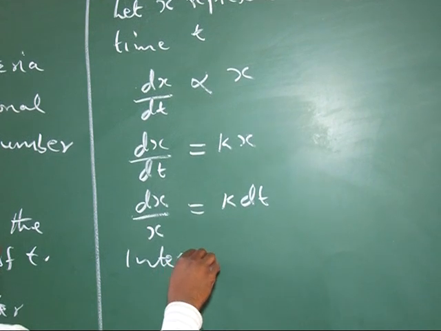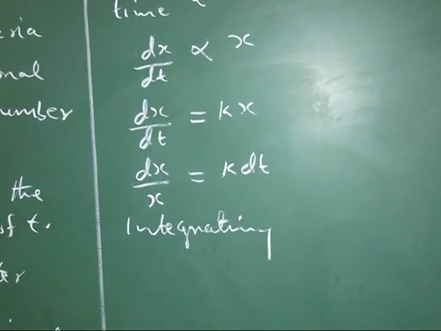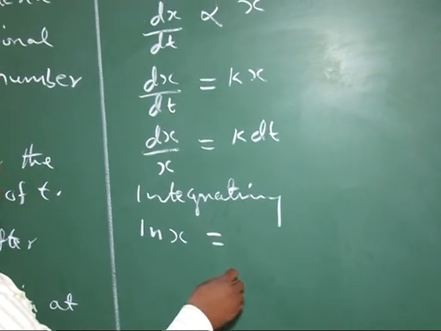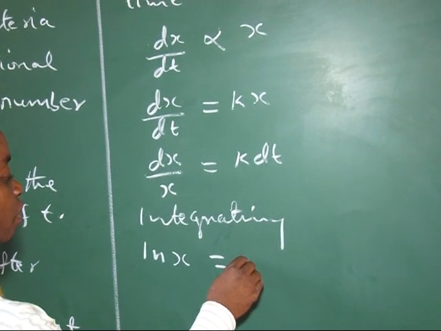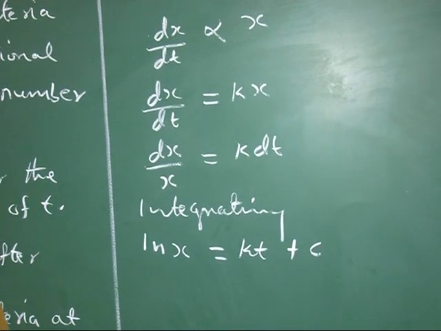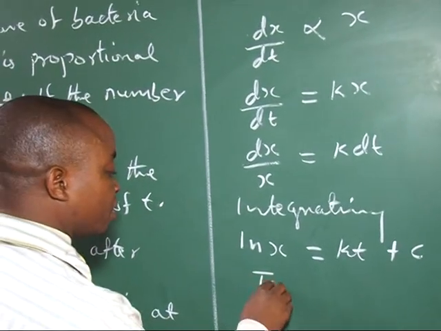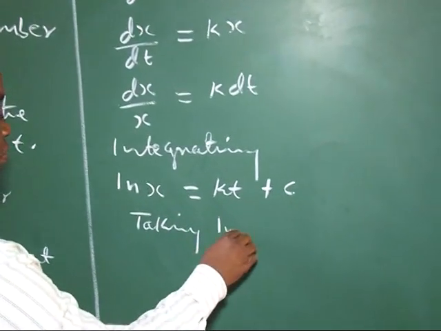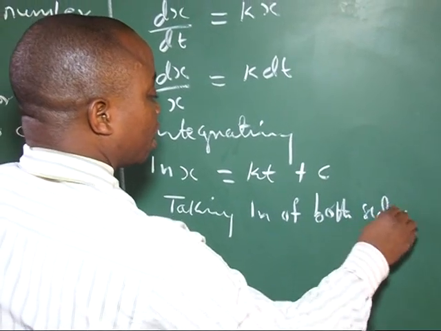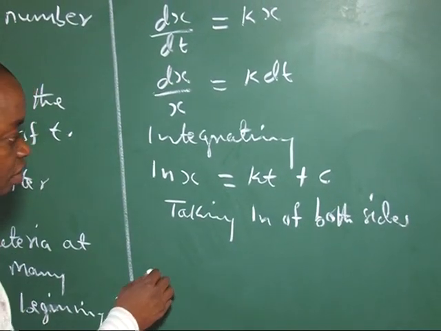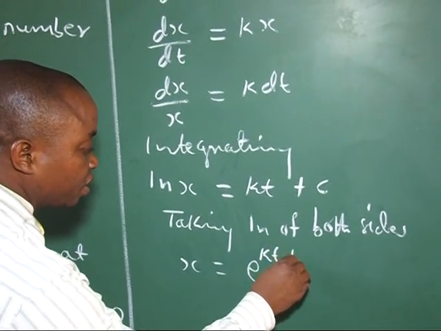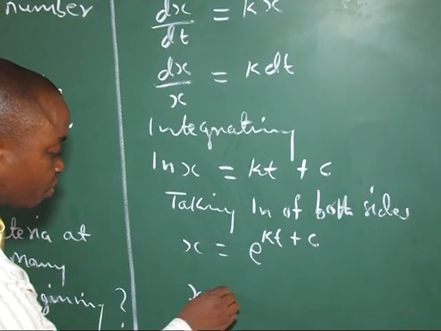Then integrating both sides, we have ln X will be equal to KT plus C. So taking the exponential of both sides, we have that X will be equal to exponential KT plus C, which we know we can write as